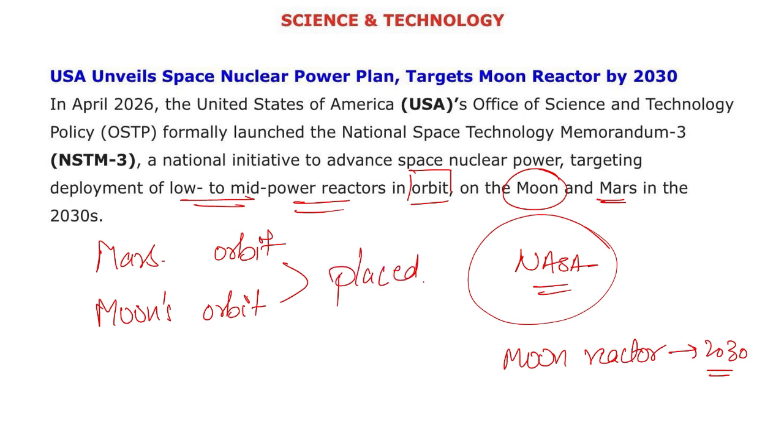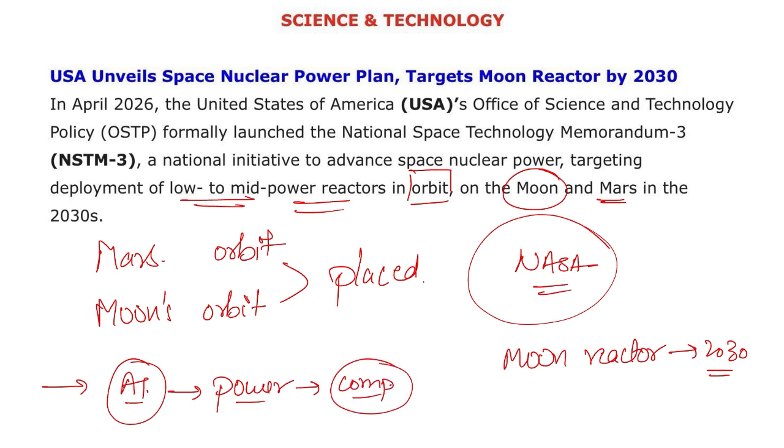Now students, you need to understand why we are placing these reactors in the orbit, right? One thing you need to understand is that today AI is in the picture. AI needs power. They require large computing power, right? So they require energy, correct? And that is the reason we are seeing a high rise in the demands, as you will see more data centers coming up. They will be running heavy servers here, right? So it is important to have the energy requirement.